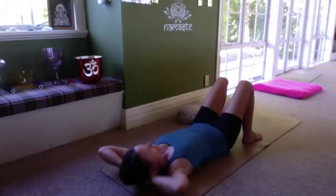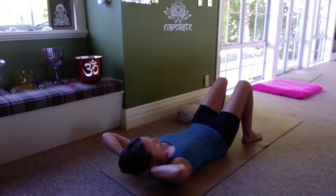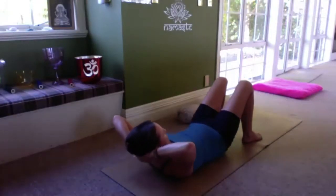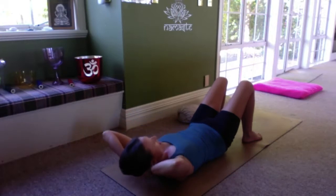So first of all, we're going to work into cat pose, which is rounding our back or flexing the spine. So as you exhale, push your lower back into the floor, lift your head and your shoulders as though you're trying to do a little baby sit-up. And then as you exhale,